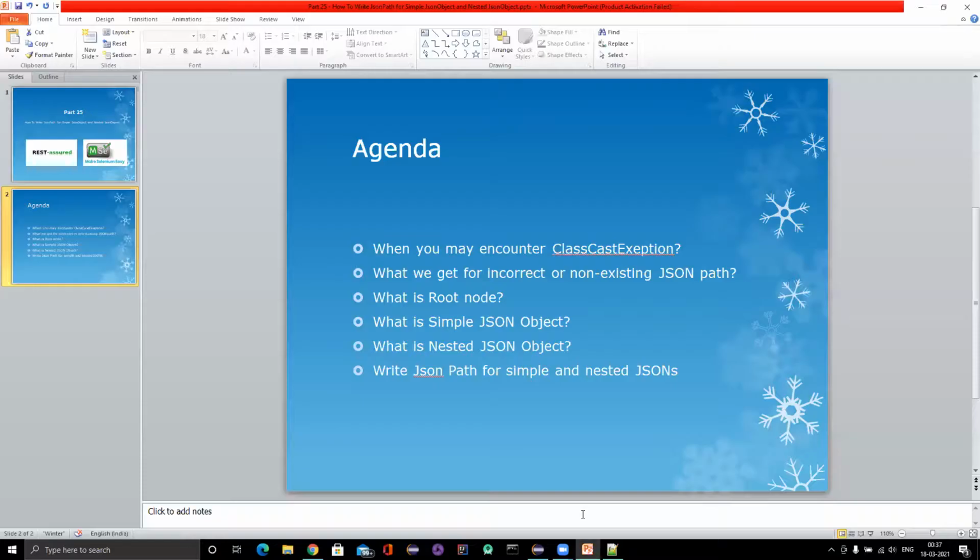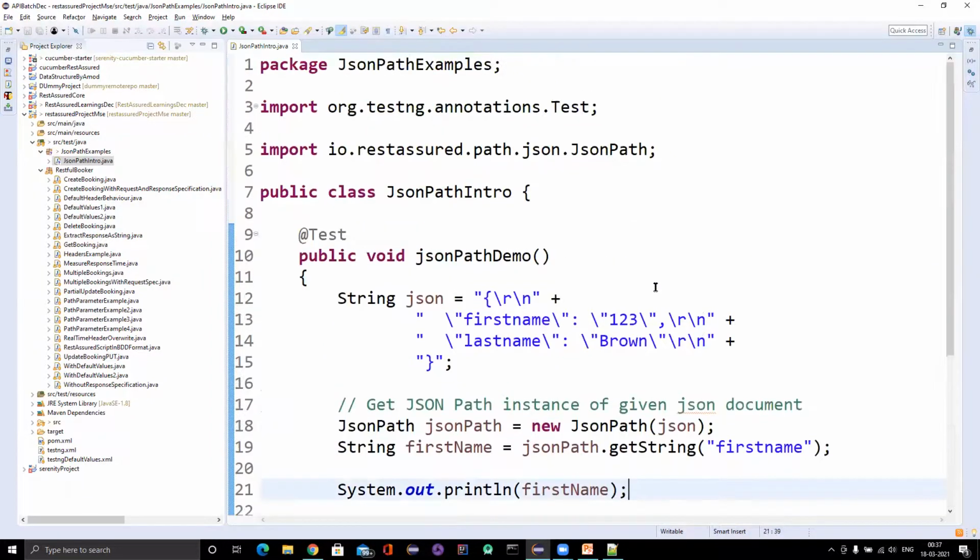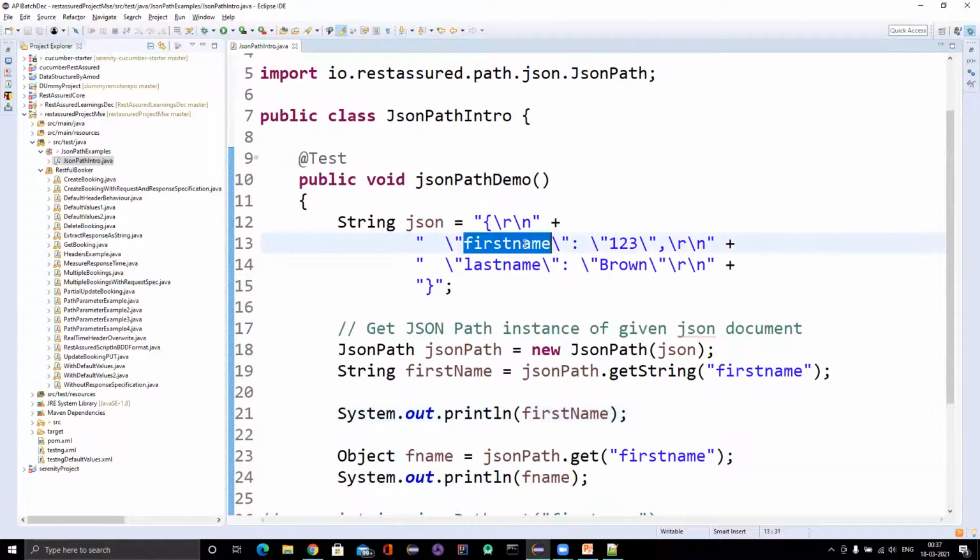There's one more question: what will happen if you are passing some incorrect JSON path? In the previous video we have already seen how we can write the JSON path.